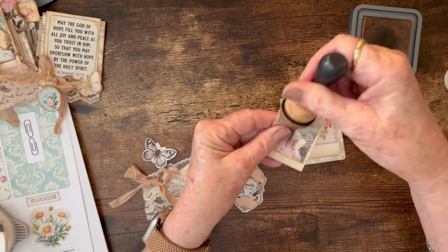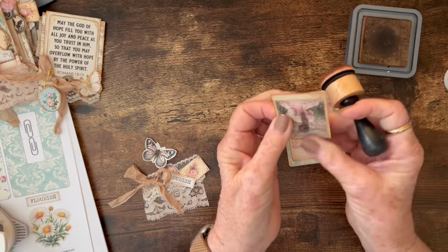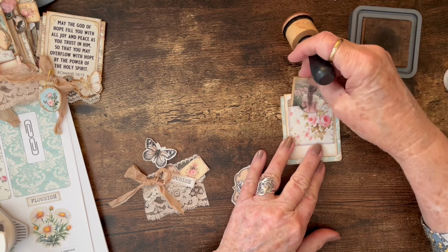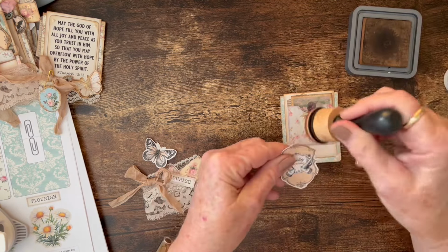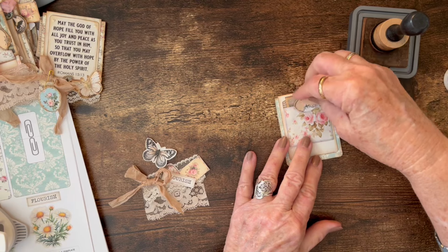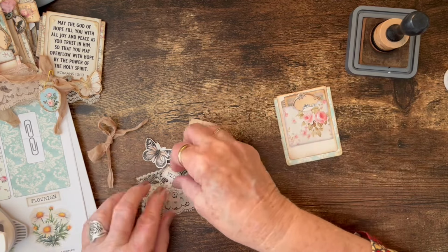And then we have our 2 cards to go inside. The one with the little girl that I loved in her field of flowers. And then this little journal card. Okay, next we're going to have our